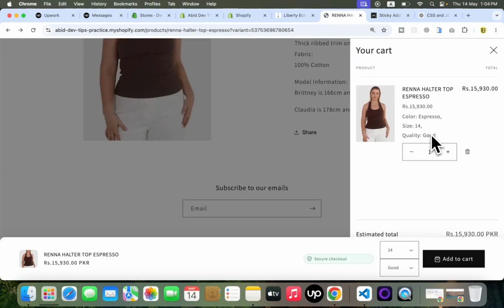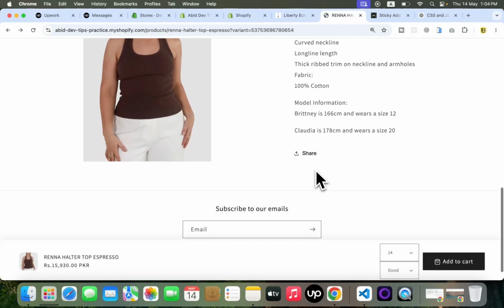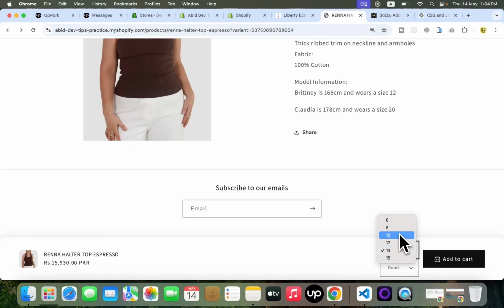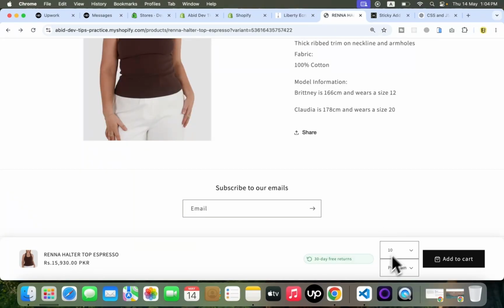Yeah, 14 and good is added to the cart with this color. For example, select this 10 and premium, add to cart. Yeah, premium 10 is added to the cart. You can change this layout with CSS.